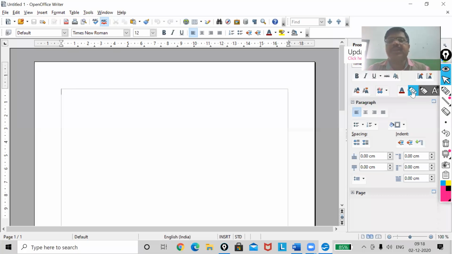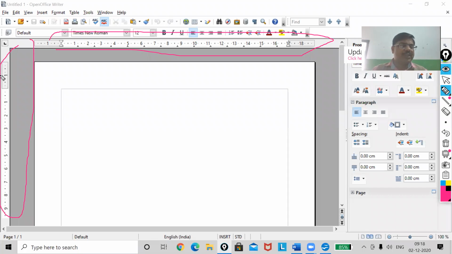This is your ruler bar. This is the horizontal one, and this one is your vertical one.